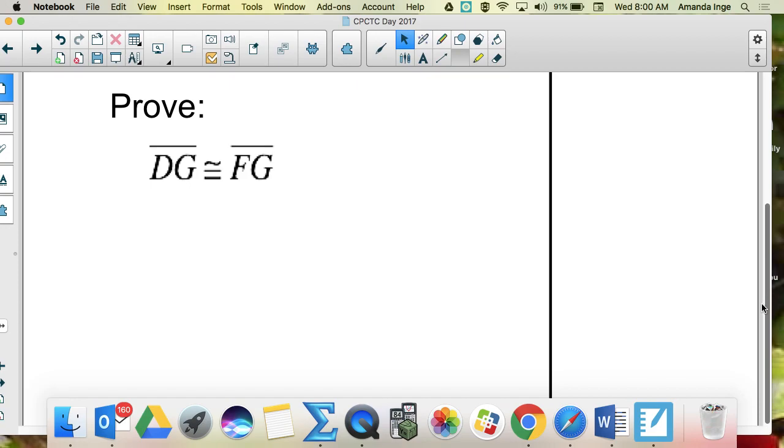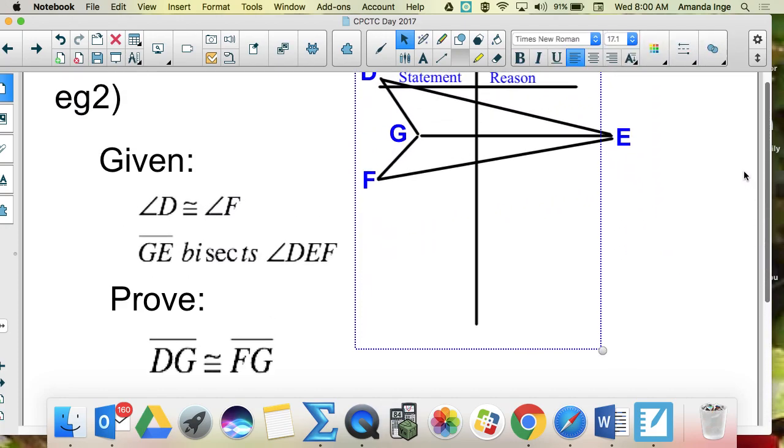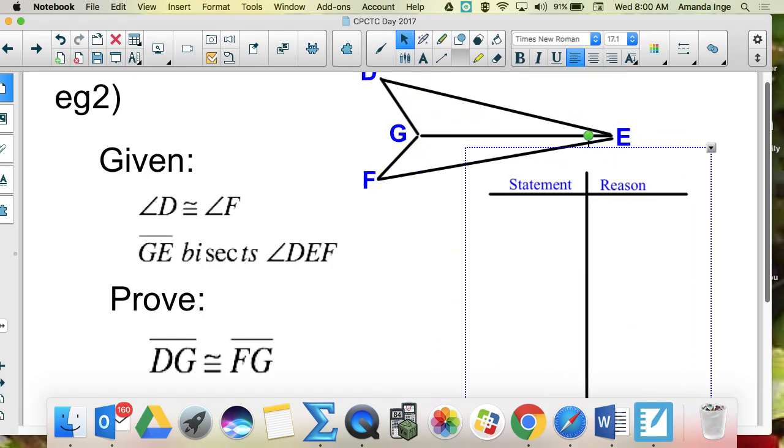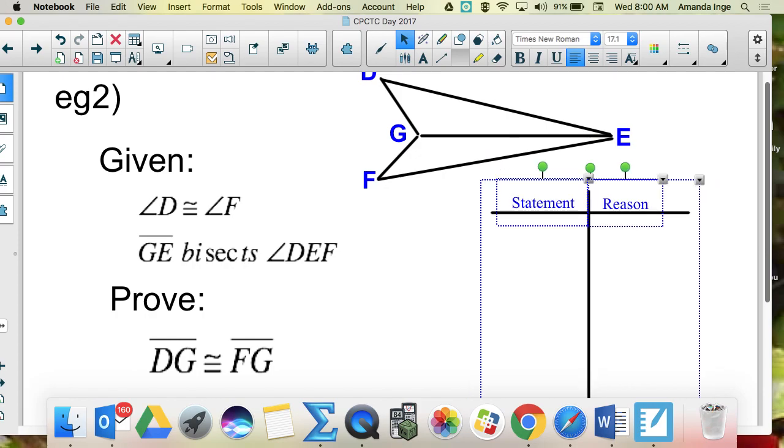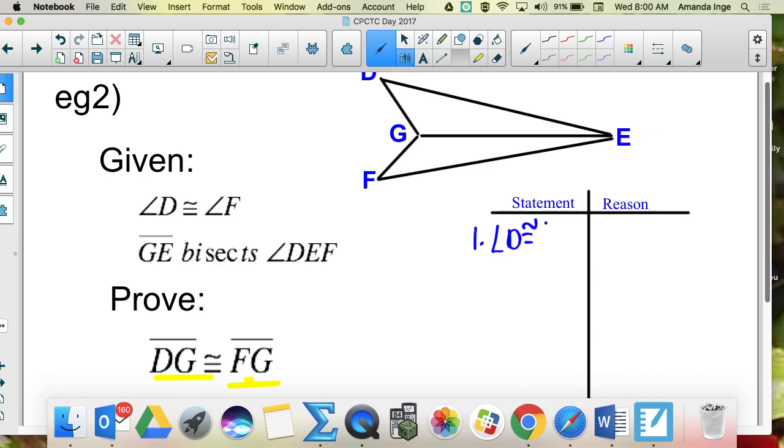And once again, you can see that we're trying to prove that side DG is congruent to side FG. We're not trying to prove the triangles are congruent. That's not our final statement. But in order to say this side is congruent to that side, we have to prove the triangles are congruent first. So we'll start with angle D is congruent to angle F,